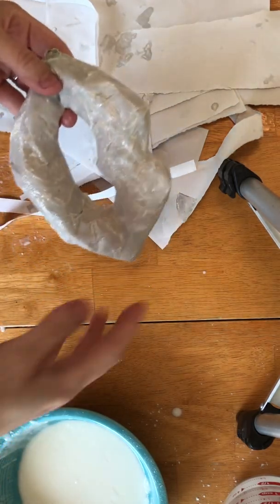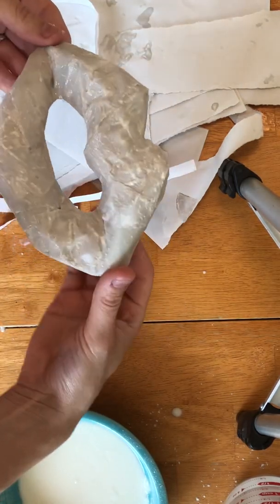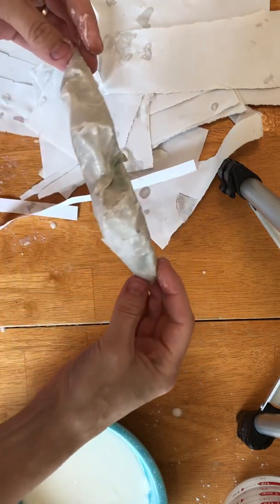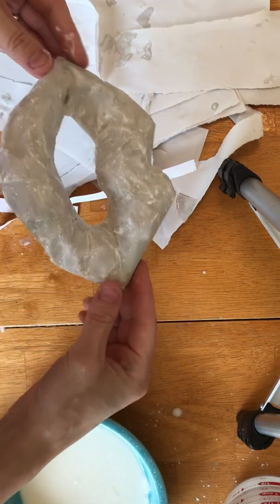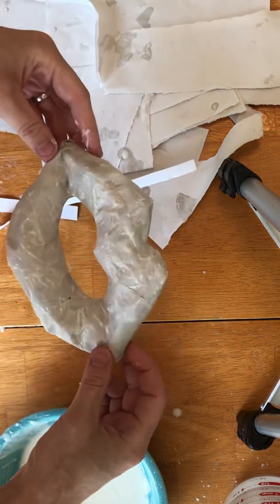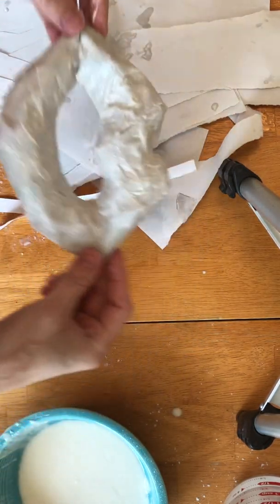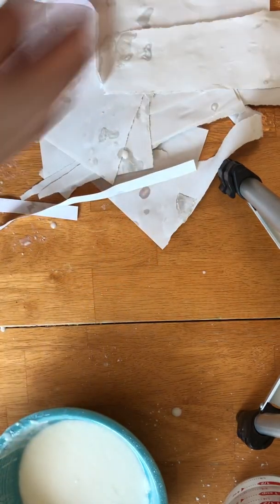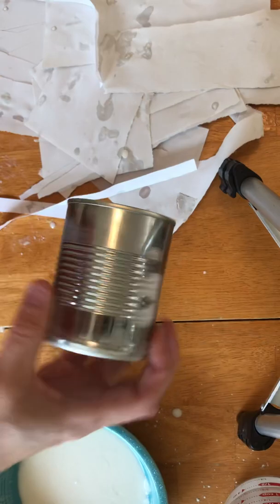All right, so I have done a couple layers on here and it's still wet, but that's sort of how it's turned out. So I'm gonna set that over to dry, and I might do another layer after it's dry. We'll see what it looks like. But now for the sort of using a form,